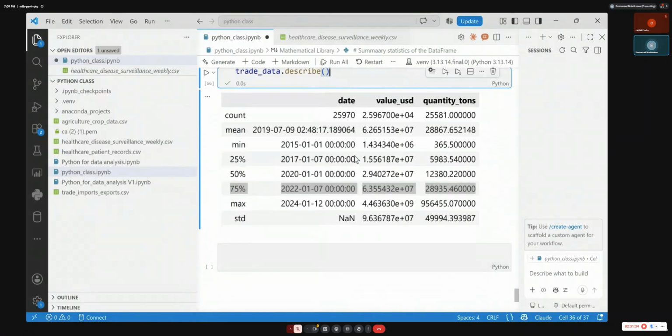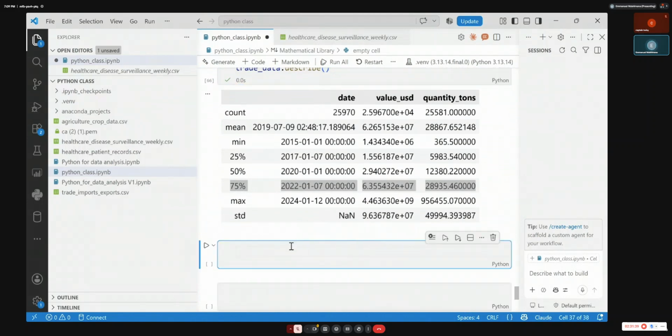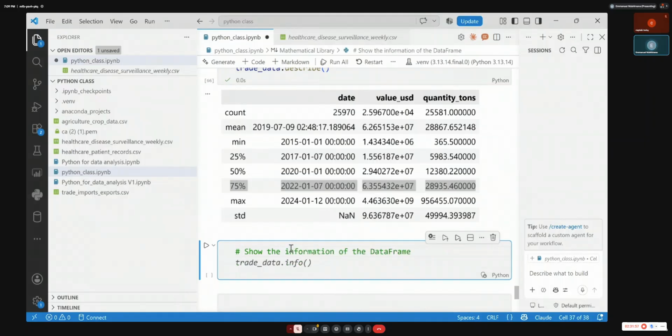So we have another component that can help you to know the characteristics of your data, the data types and missing values. You can show the info, not the summary statistics. It is info, the information on the data set.